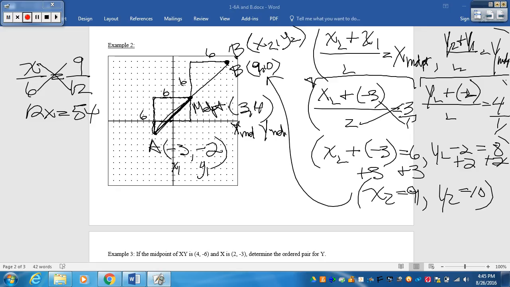Okay? So, I want you to know how to use that formula. You will see it again. You will see it on probably the chapter test, and so you need to know how to do that. Now, the next example is actually an example that applies that formula. So I want you to go ahead and work that out for me. If you need some help,